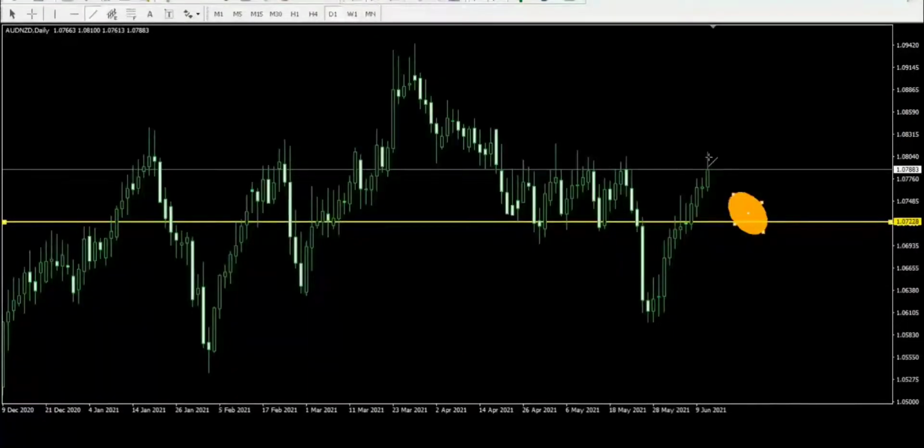So now what we are expecting to happen on Monday, we are expecting price to pull back to this place. Then we look for one of our valid entries and